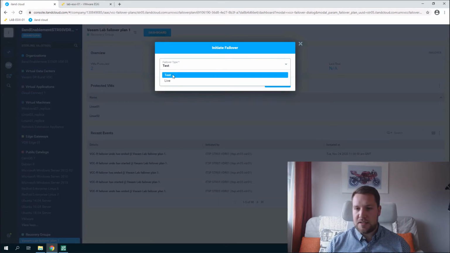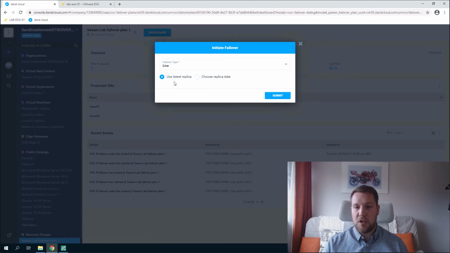Now, if we select test, that's actually a fully automated process where it will start the virtual machines up, it will test that VMware tools are all installed properly and working, do a bit of basic ping connectivity to make sure the networking is correct, and then it will shut those replicas down, which is great for doing your testing, but to show you a little bit in more detail, we're going to use the live failover type,